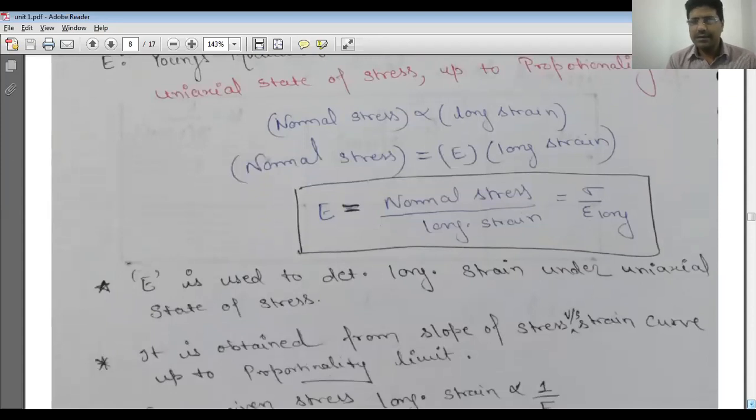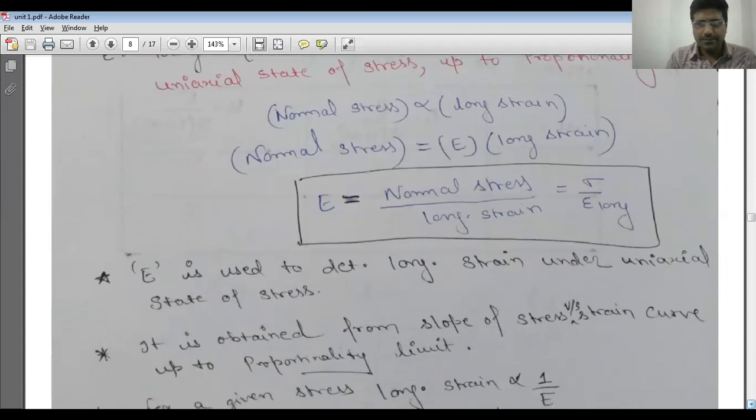Longitudinal strain is different, because strain is of three types: one is longitudinal, another is areal, and third is volumetric. Longitudinal strain is when the material is pulled from both directions or compressed from both directions. It will either be expanding or compacting. So delta L will be the change in length divided by L, the original length. So this is the Young's modulus of elasticity.